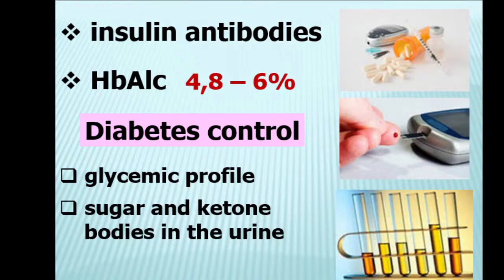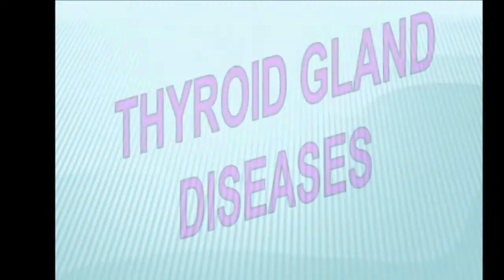We obligatorily control urine for glucose and ketone bodies to reveal an early stage of decompensation. And I told you about glycemic hemoglobin. If the level of glycemic hemoglobin is near normal, it shows that diabetes mellitus is controlled, our treatment is correct and the patient responds adequately. If not, a long talk with the patient, explaining the need for an adequate response.